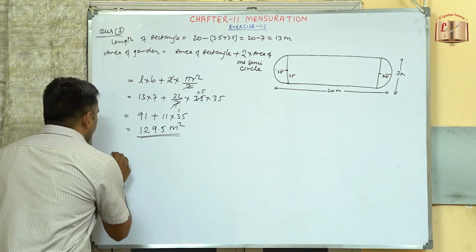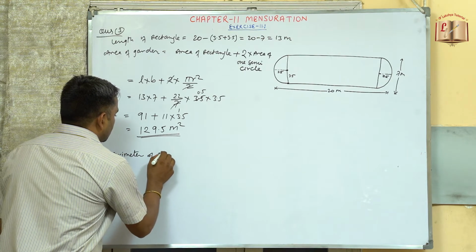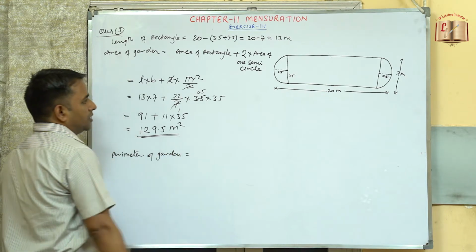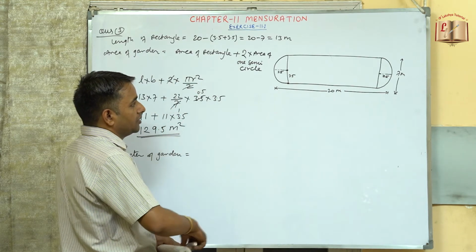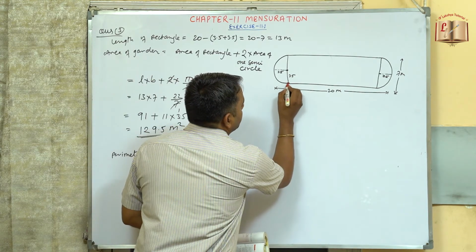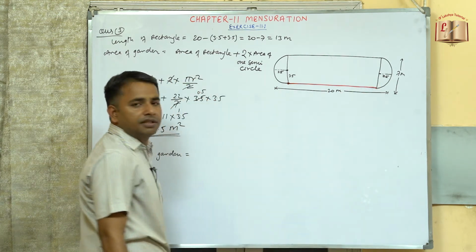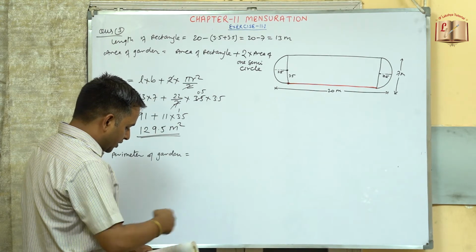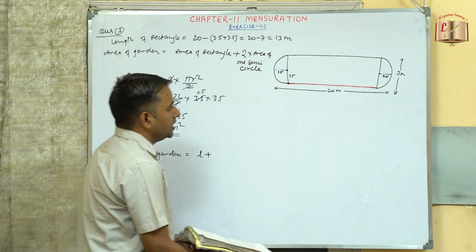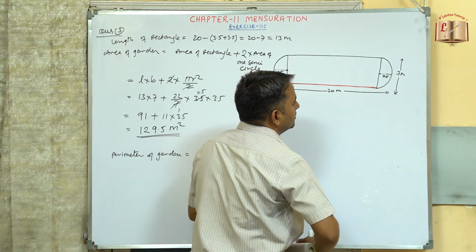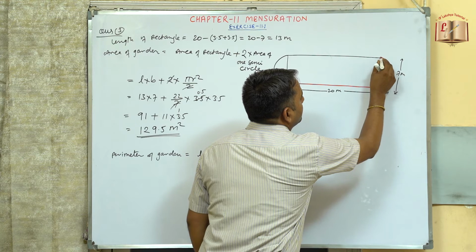Similarly, we will find the perimeter of this garden. Now see the perimeter of the garden. Perimeter means only the length of the boundaries. So the length of the boundary will be, if I travel from this place, this point, this complete side, so this is one of the lengths of this rectangle. So we'll put this as L plus, again this side, this length will be the semi perimeter up to this place.